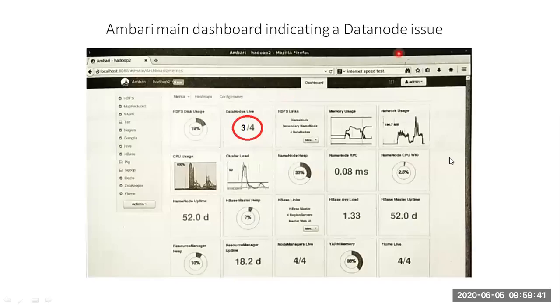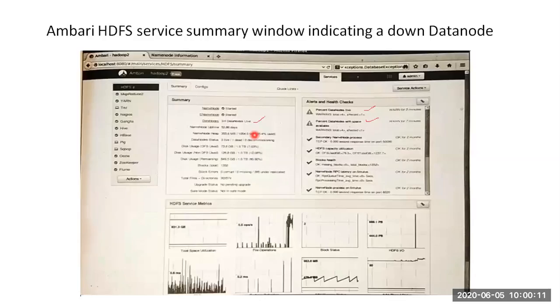See, this is Apache Ambari. I can call it a dashboard view. In this dashboard view, you can see the data nodes alive, that is 3 by 4, which indicates that only 3 nodes are alive and 1 node is dead. That is, 1 node has lost its position. And we should make sure that the monitoring status of the entire application resumes normal and is not affected by any interruption in the application.